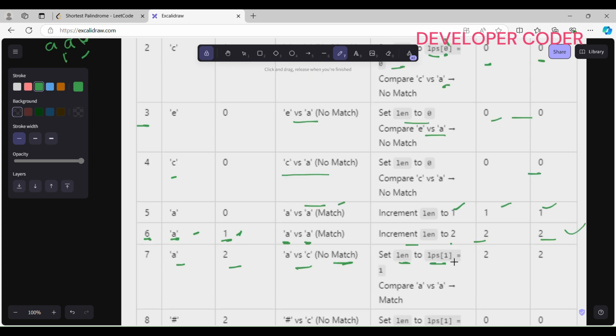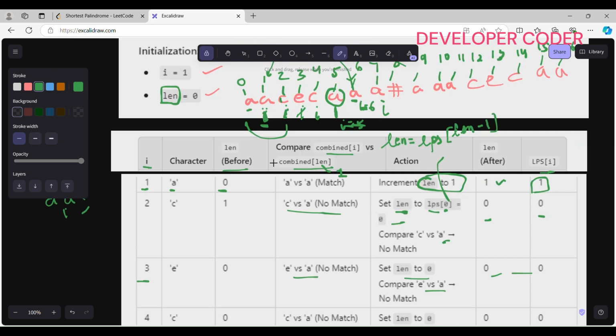So why 1 is coming? The previous length was 2, minus 1. I am subtracting, so I will get 1 here. So here the length is updated to 1 only, right? And after that,